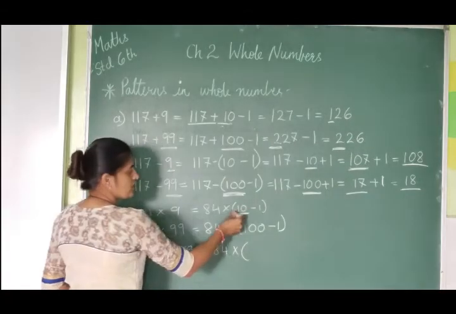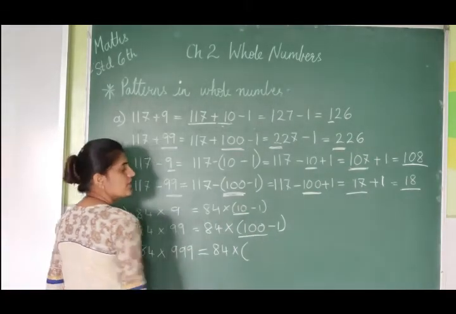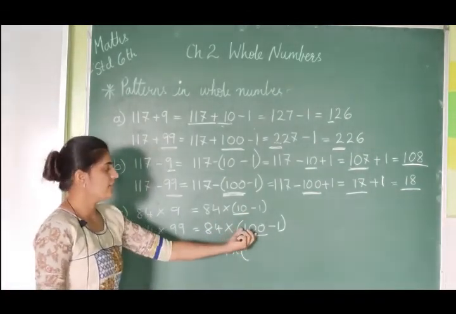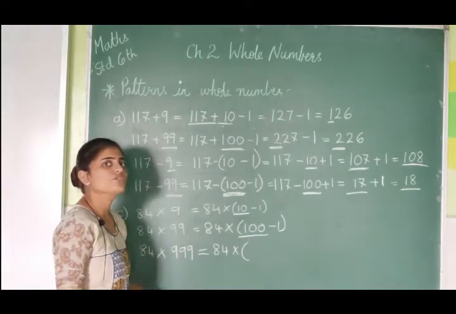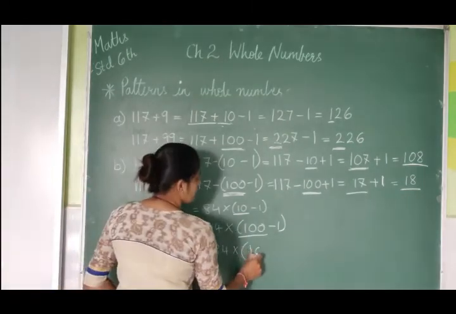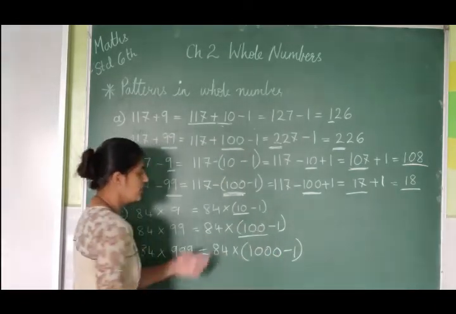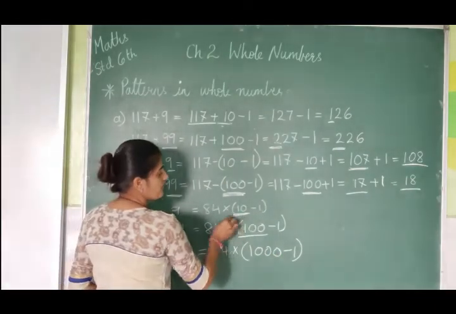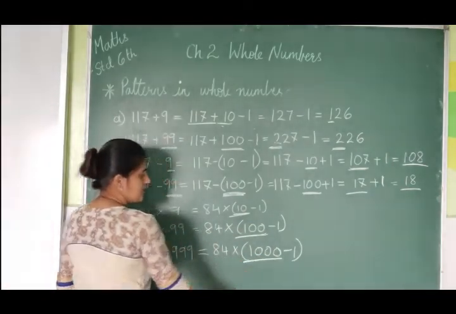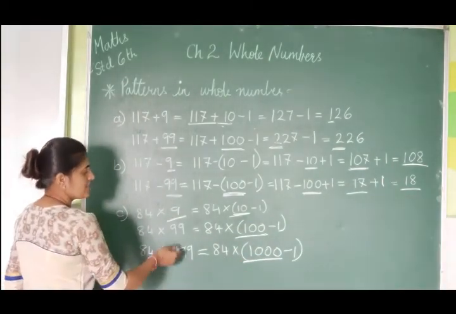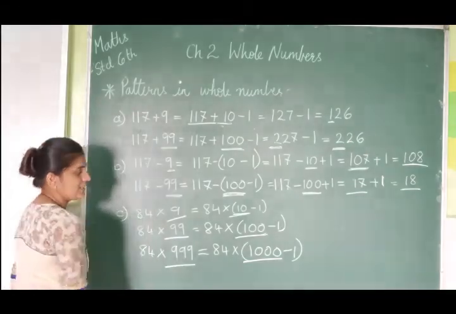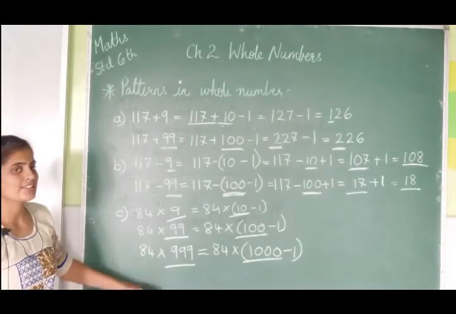Here you can see it was 10. Again 1 0 is added to it, so it will be 100. Now how many zeros will be there? Next we have to write 3 zeros, minus 1. So here you can see, here it was 1 zero, here 2 zeros, and here 3 zeros. Here 1 nine, 2 nines are there, and 3 nines are there. So this way the pattern continues.